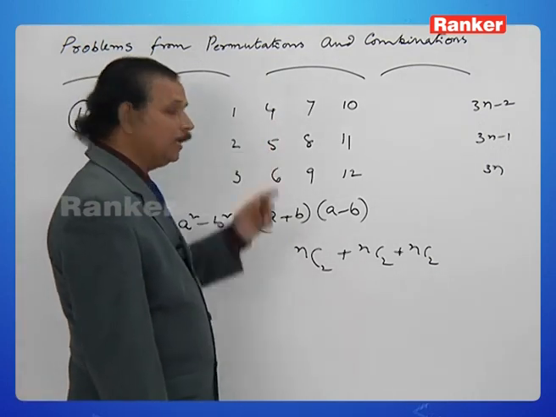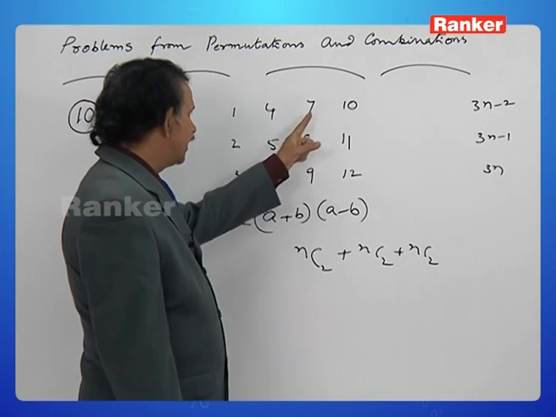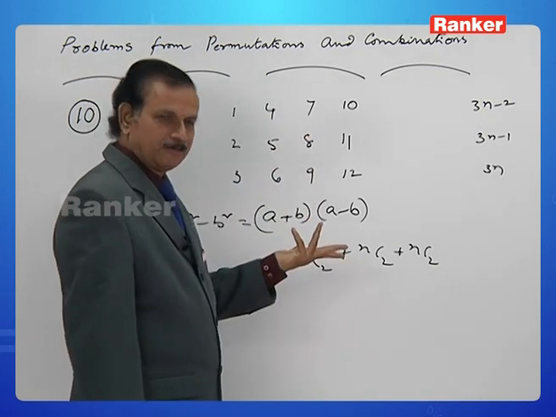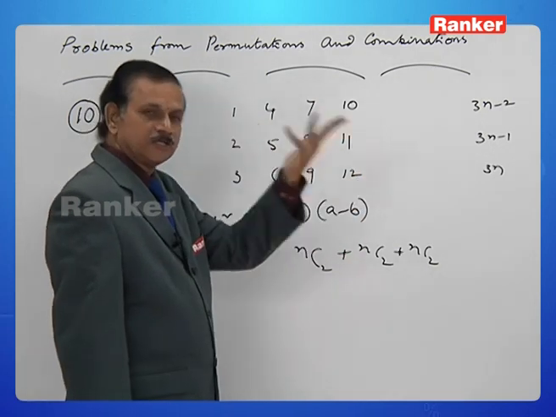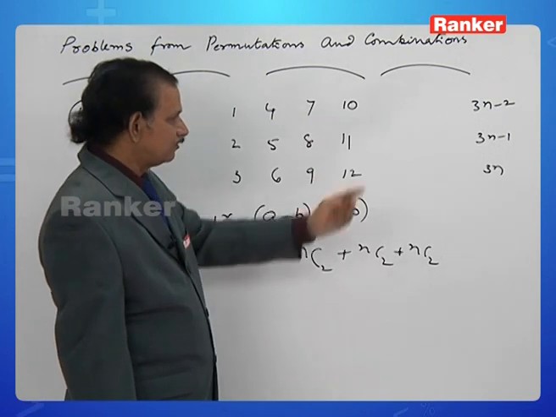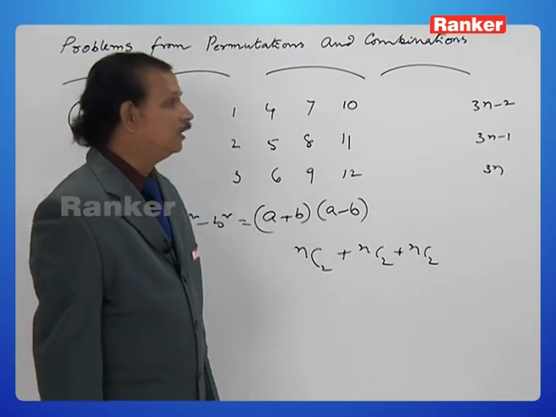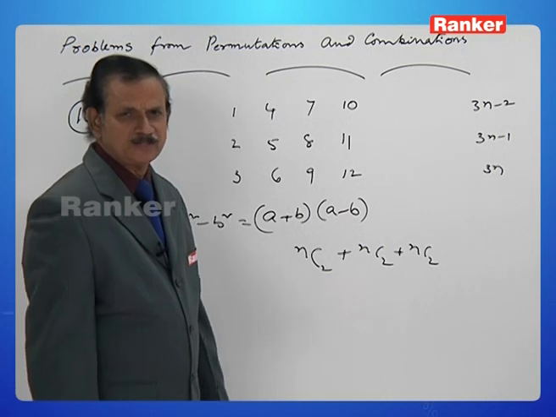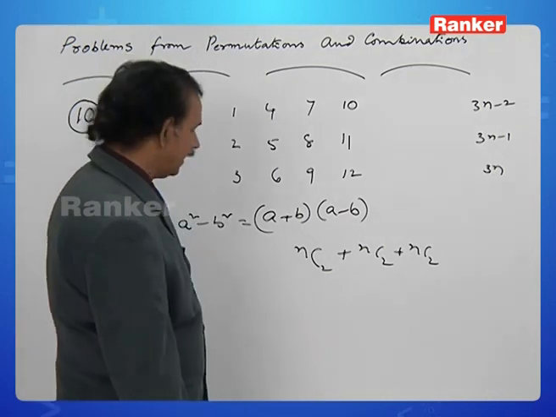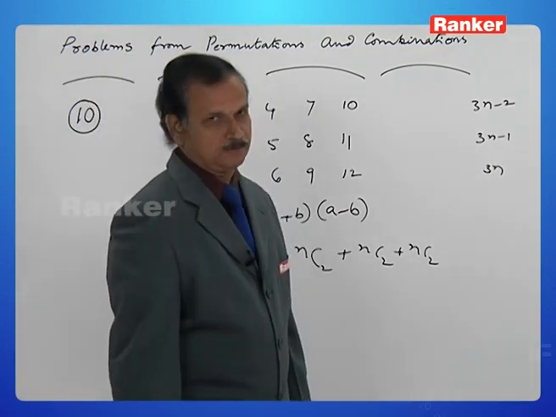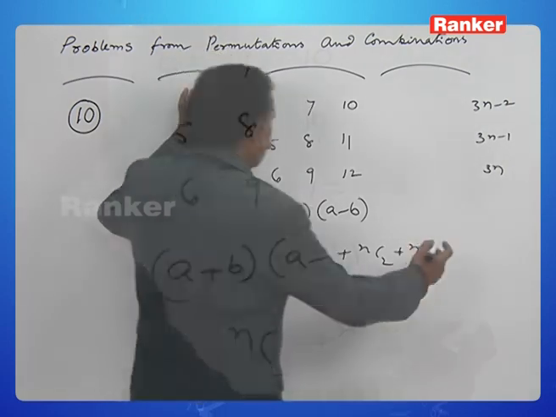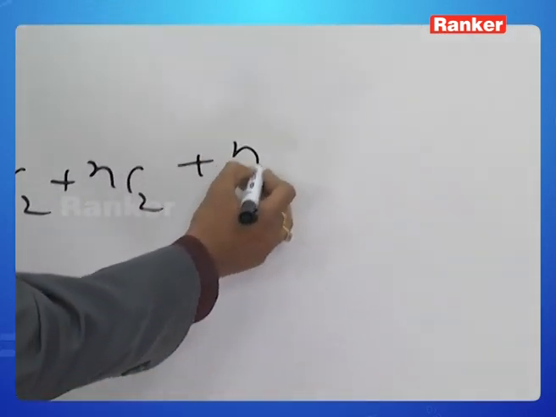Say 1 plus 5, 6 is divisible by 3. Say 7 plus 2, 9 is divisible by 3. 4 plus 11, 15 is divisible by 3. 3n minus 2 plus 3n minus 1 gives 6n minus 3, which is divisible by 3. Therefore, to have the sum of the numbers divisible by 3, you can choose one integer from the first row